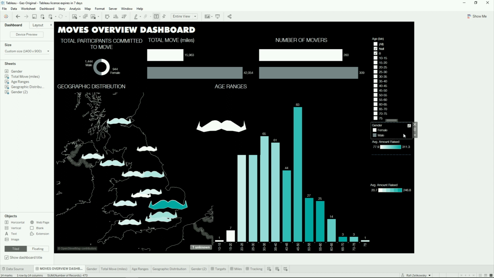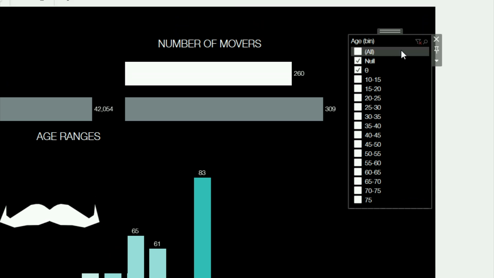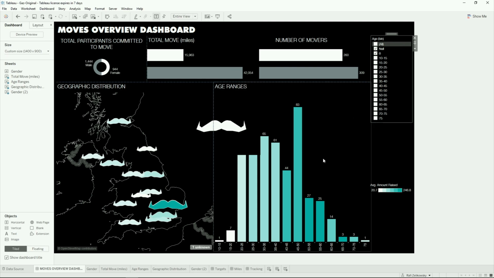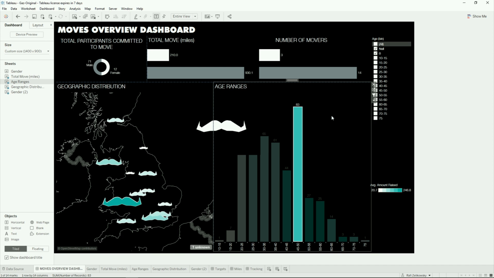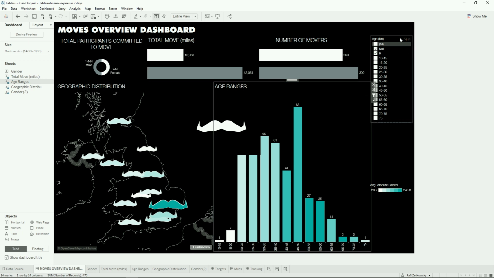And now I'll start to remove or change some of my objects. So I don't need my color legend for gender anymore because I've already labeled what each gender is signified as in the top left, so I'll remove that. I don't really need two versions of my color legend for average amount raised because they're the same scale and they have the same color associated with it. And finally, I have this quick filter for my ages. Now, Gaz already actually had made this dashboard interactive. So because I'm familiar with using Tableau, I know that I can click on this and filter my different ages. So I can actually get rid of this quick filter because I can just use the visualization as a filter.